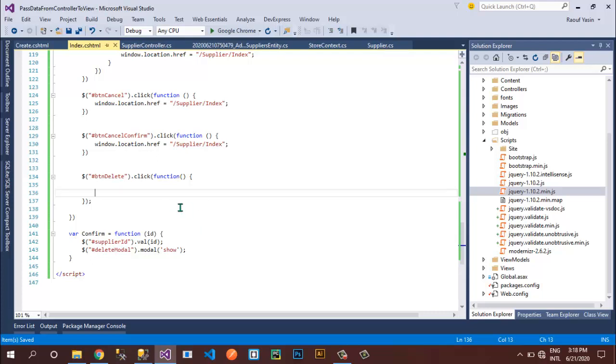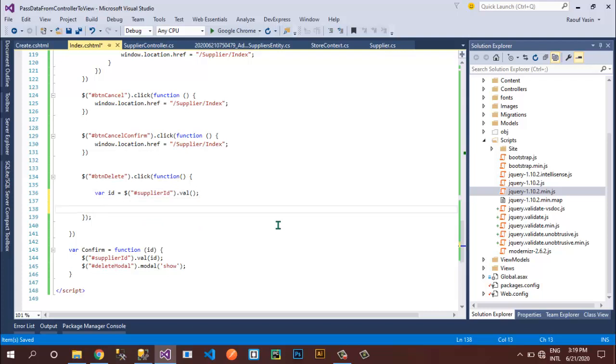First of all, I will fetch this ID and store it inside a variable. So I will create var ID equals this, fetching the ID from the text box and storing it inside this variable, and then I can make an ajax call.